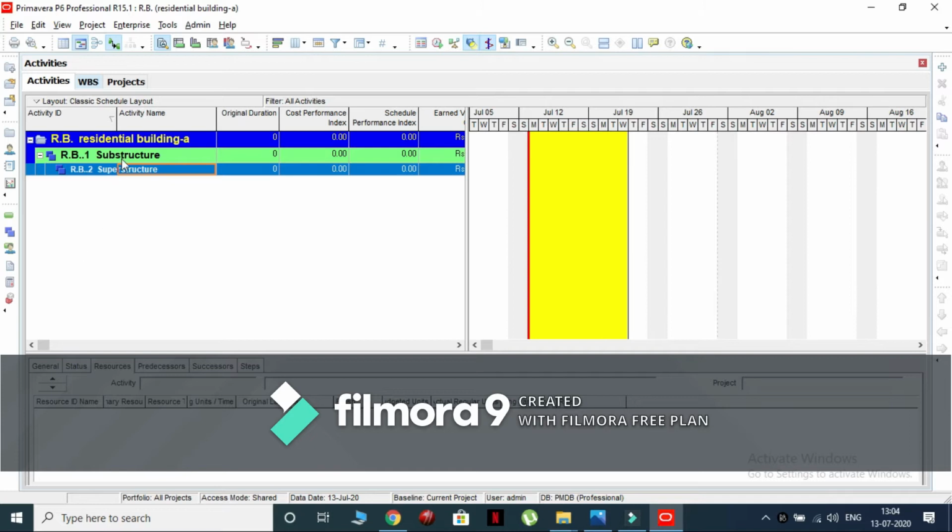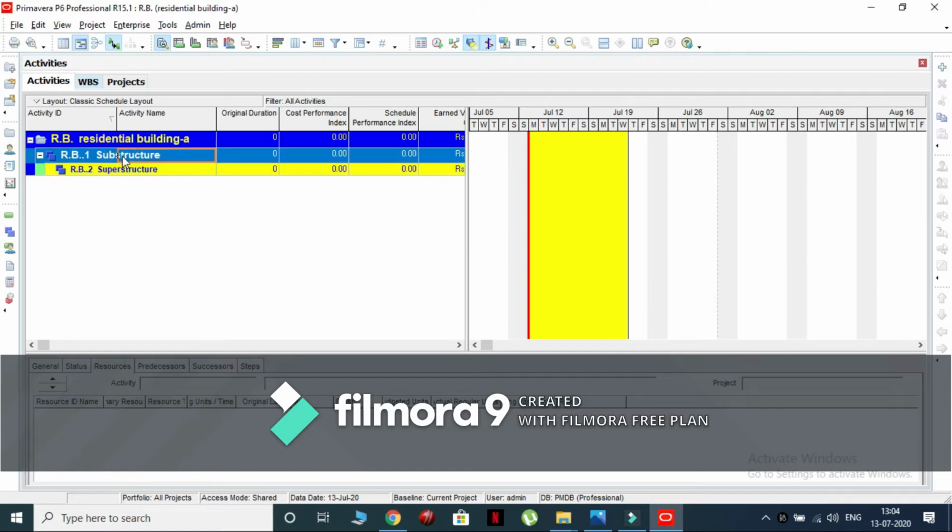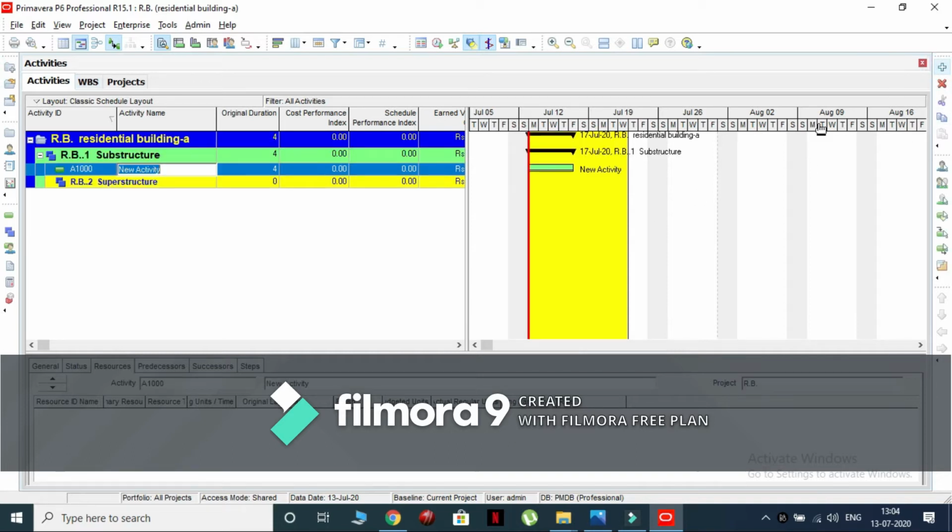Now, select the substructure option and create a new activity by clicking on the add icon. Name the activity as excavation. Enter the duration for an excavation activity as 3.